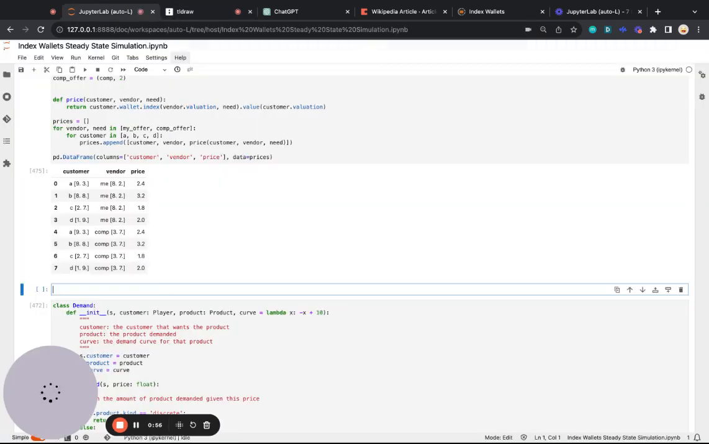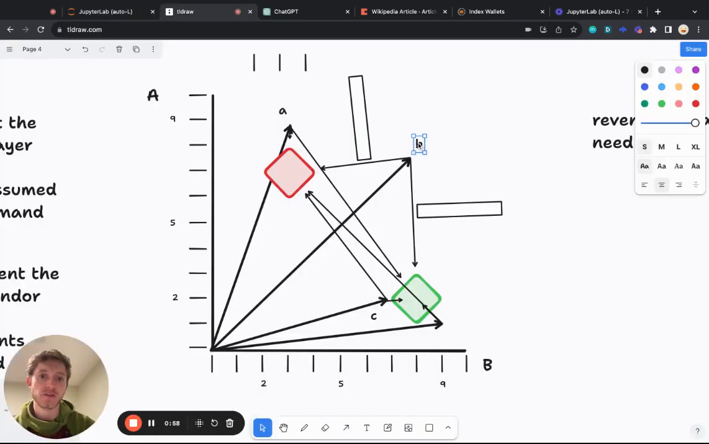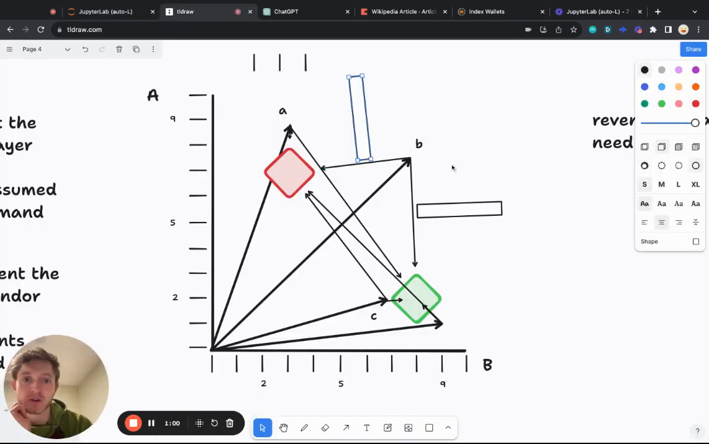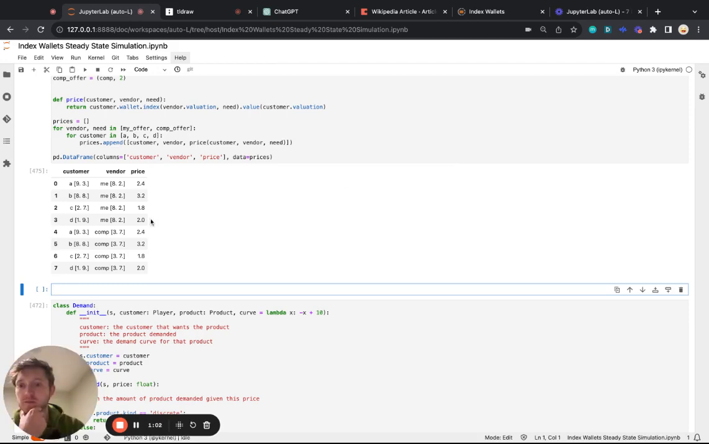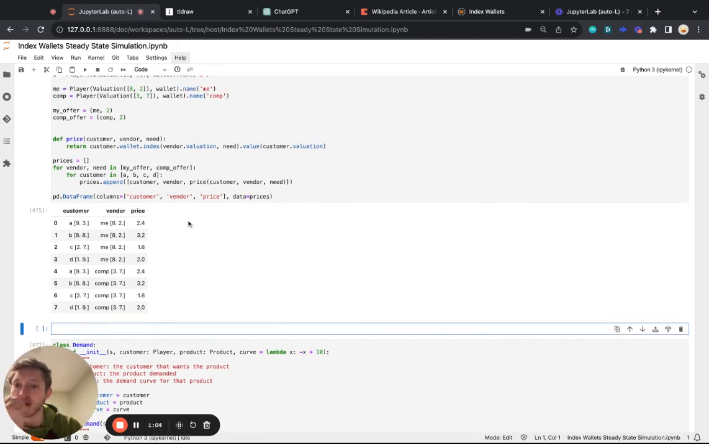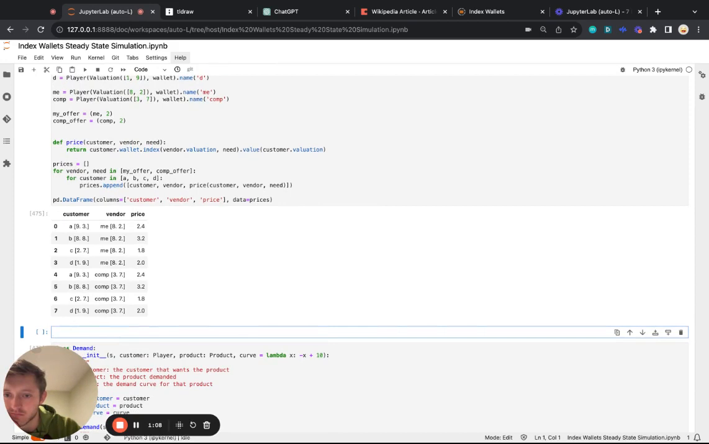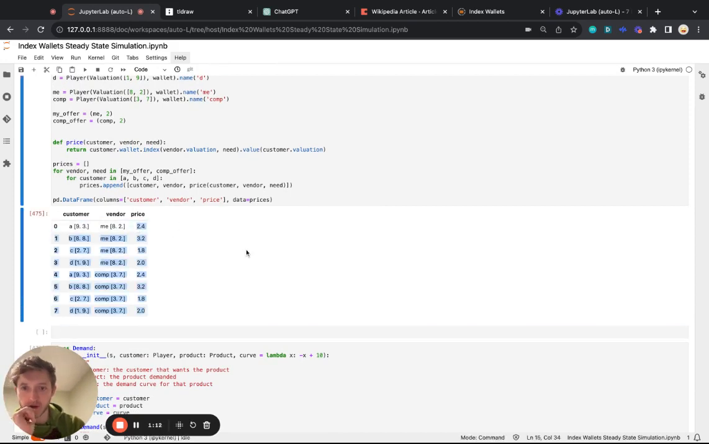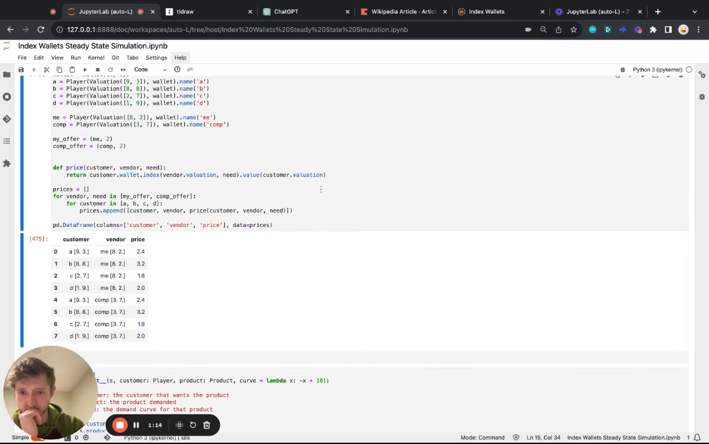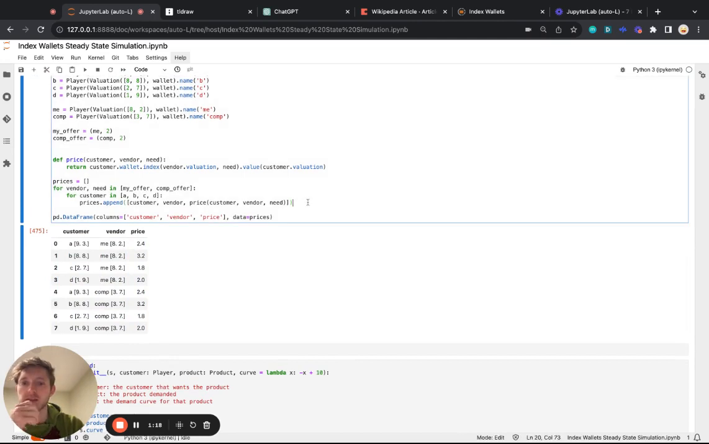It's trying to indicate, if this person were to buy from this person, how much would it cost? And we see some weirdness, which is that somehow the prices are the same, which does not make sense. So